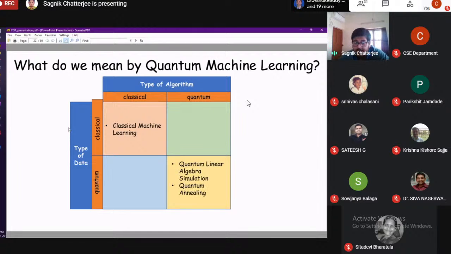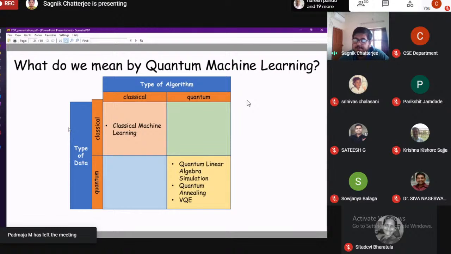So we also have quantum annealing. This is used for molecular dynamic simulations. We'll be looking into some of the techniques that are associated with quantum annealing. The reason for studying quantum annealing in a machine learning course is you can use some of the techniques that quantum annealing uses, namely quantum tunneling effects, to design optimization algorithms. So we'll go into this later on. We also have variational quantum eigensolvers, which is a pet project at Google right now. For the last 3 years, Google has been conducting experiments with this algorithm